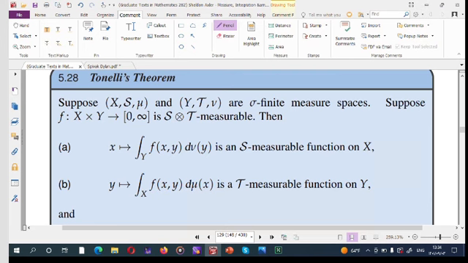So that this is a function with respect to the other variable y, so that we take this integral with respect to y, the integral of f(x, y) d nu(y),